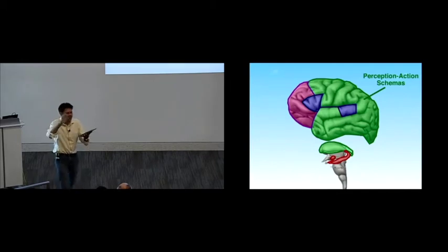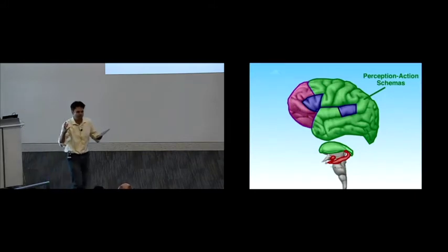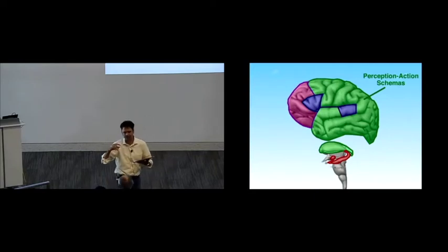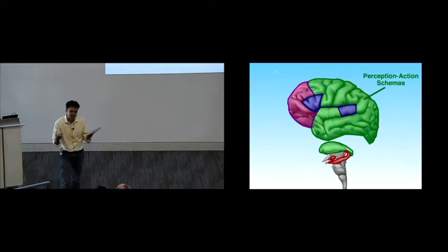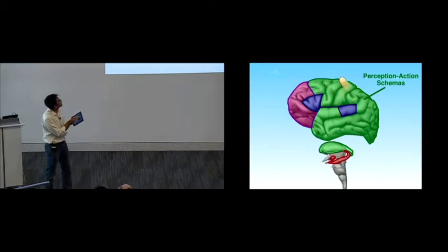So how many in this room think that the front part of your brain deals with perception predominantly? It doesn't. How many think the back part of your brain deals with perception predominantly? Yes, it does. Okay. So this is all perception back here. This is your primary visual cortex, your auditory cortex. This is your somatosensory cortex. It's all processing sensory input. And then if you pass this Rolandic fissure, you're now in your motor cortex, controlling your muscles, and